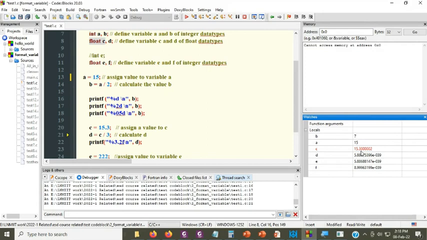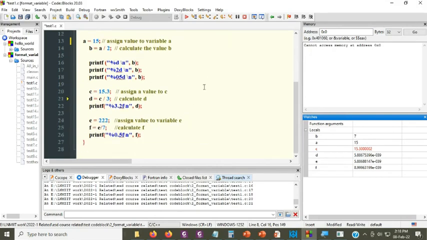But in every conversion between float numbers, you will find some error. I told you in the past also, when we were discussing single and double precision floating values, that there will be some error, and it is this error which is represented here. So please remember these things. 15.3 does not simply mean it will store 15.3. We have to check whether it is using single precision or double precision floating numbers. So anyway, you can see what this program does.